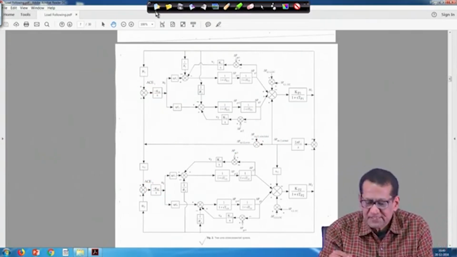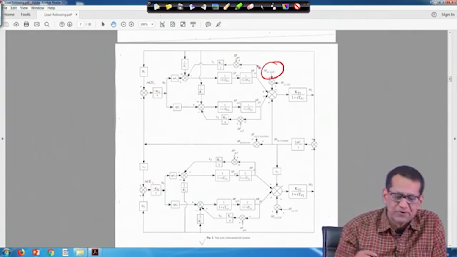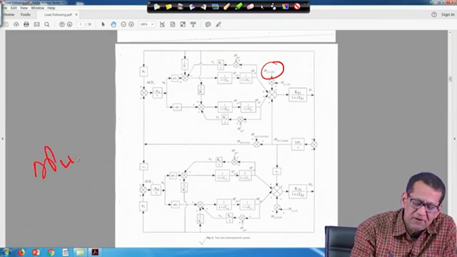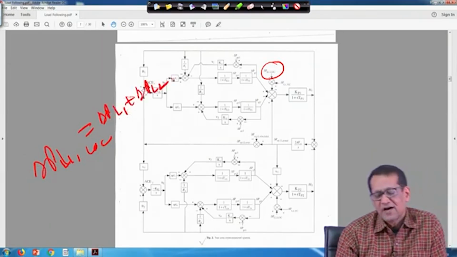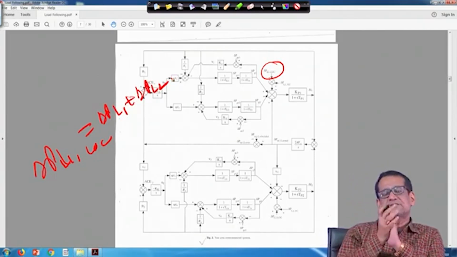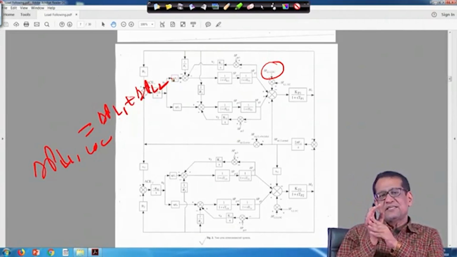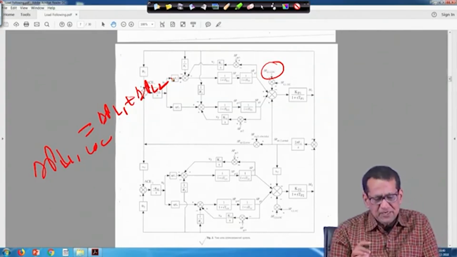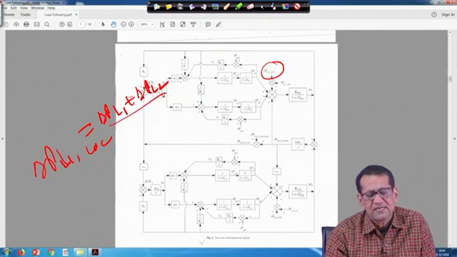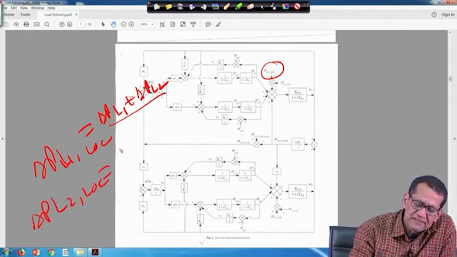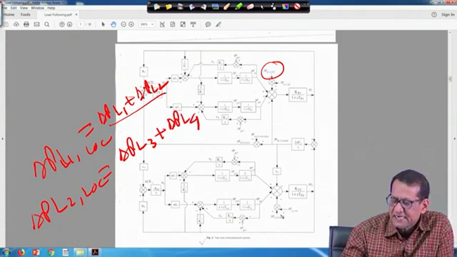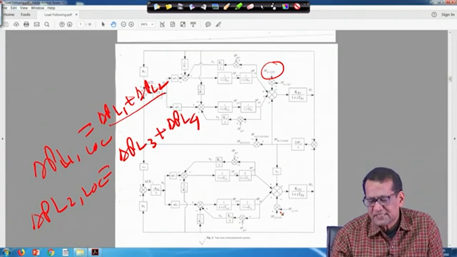For this block diagram, this delta PL1 local is the same as before. So, delta PL1 local is nothing but delta PL1 plus delta PL2, that is, in area 1 you have two distribution companies, that is why their demands are delta PL1 and delta PL2. So, delta PL1 local will be delta PL1 plus delta PL2. Similarly, delta PL2 local is equal to delta PL3 plus delta PL4, right. This is in area 2, and if there is any uncontracted power demand,